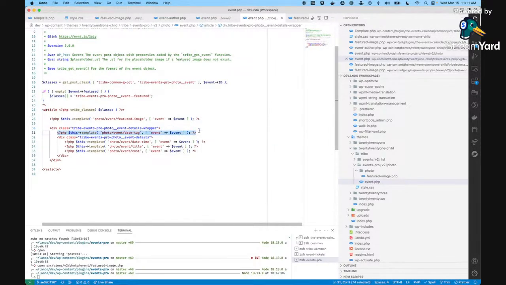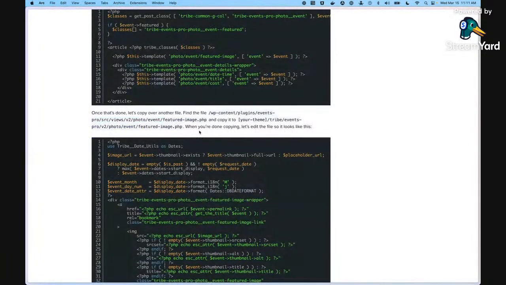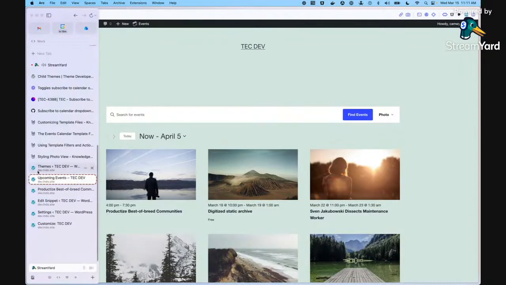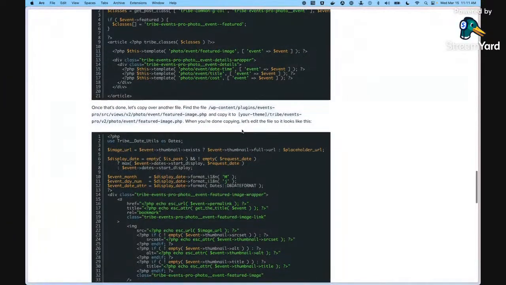Or we're going to remove the line break before it. There we go. Okay, so now if we go to our photo view, we expect not to see the date, right? Because yep, there we go. We removed it, okay? Then we're going to go back here and it says, okay, now we want to find featured image